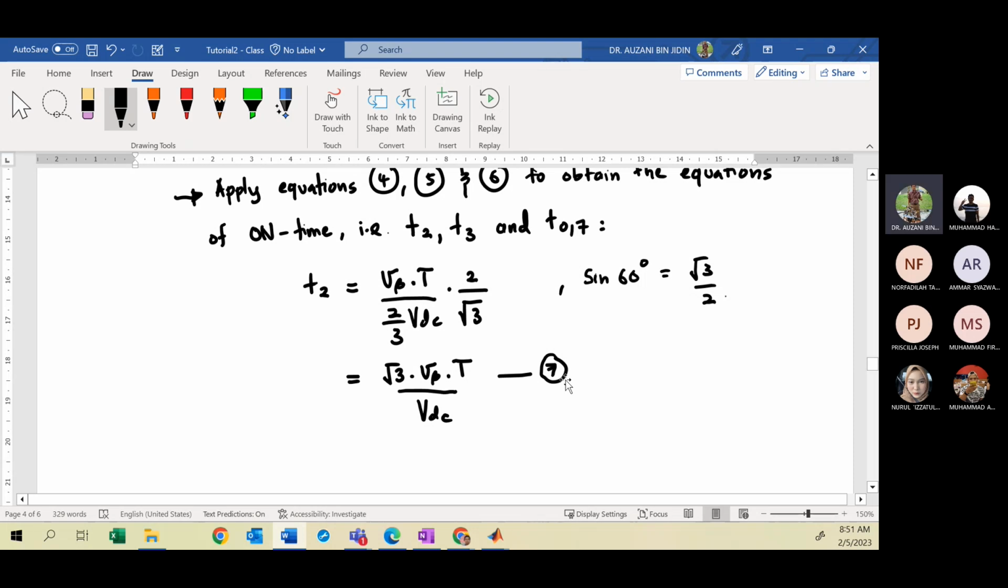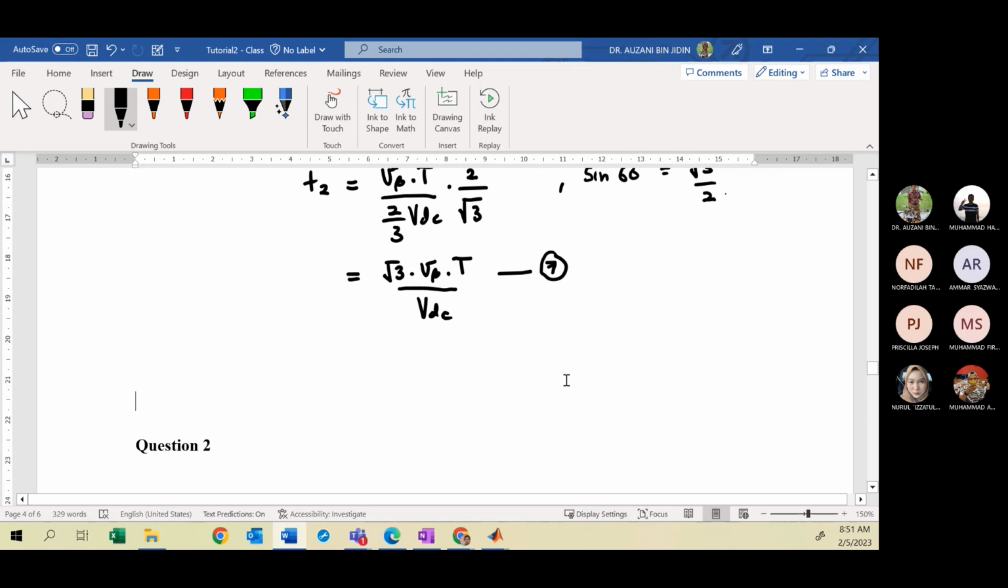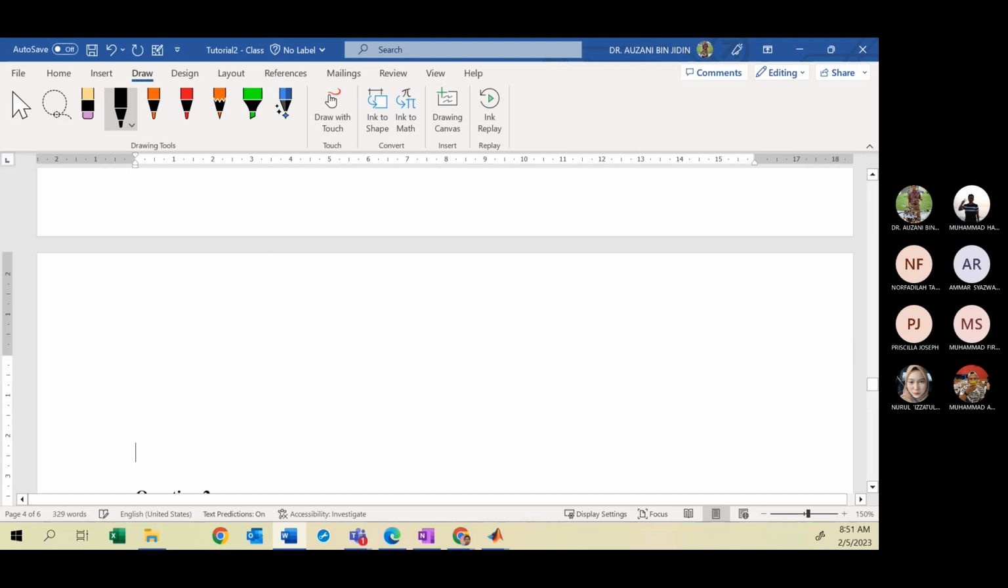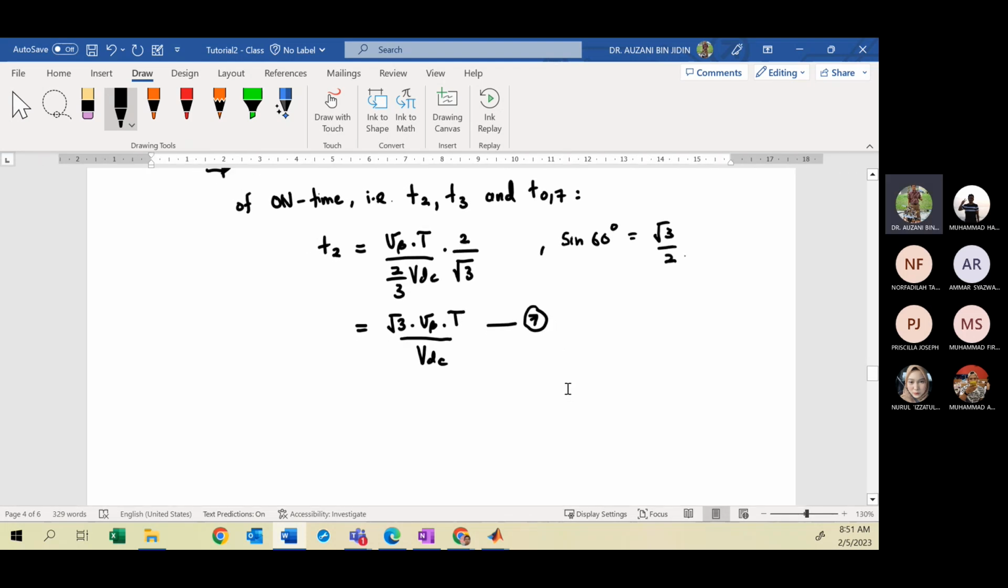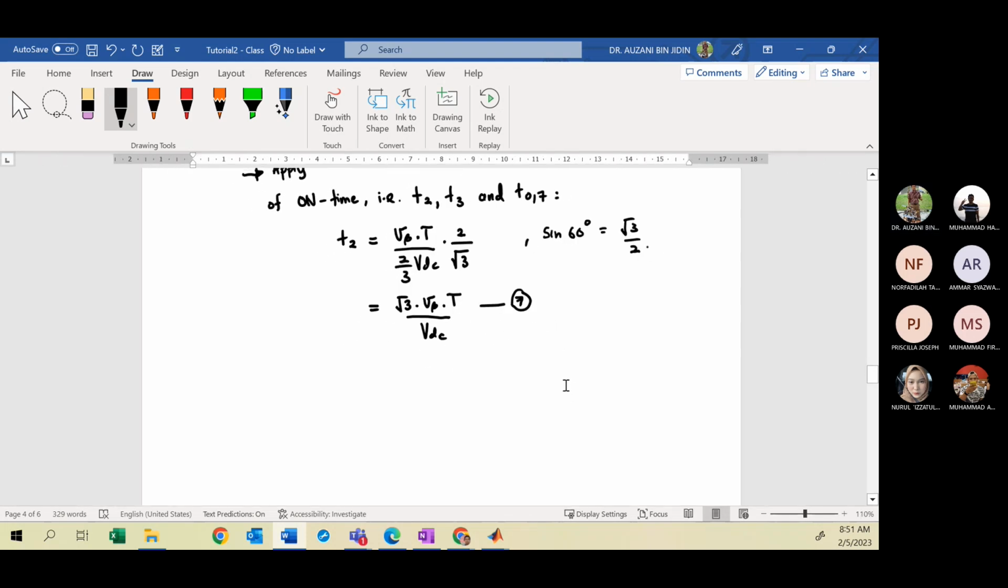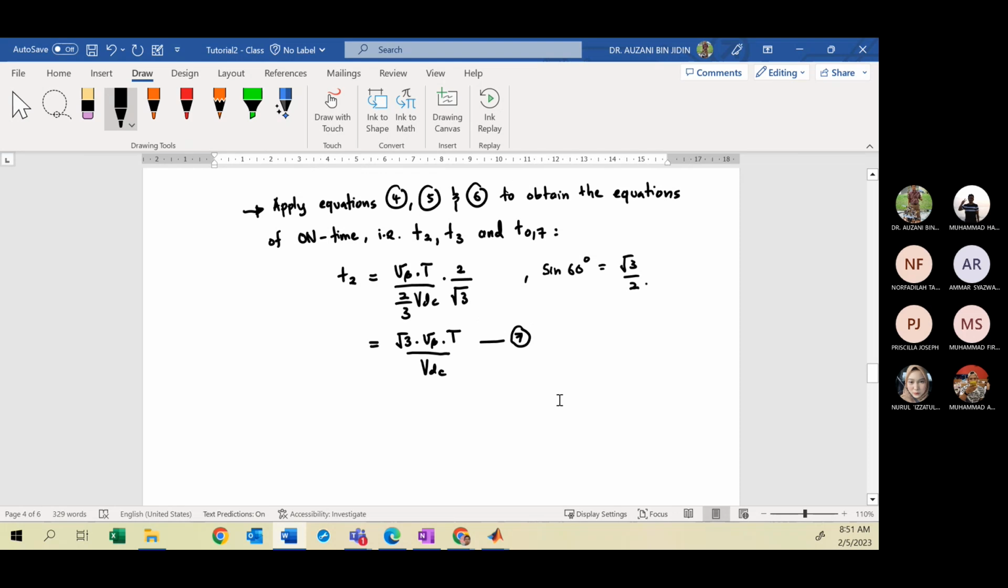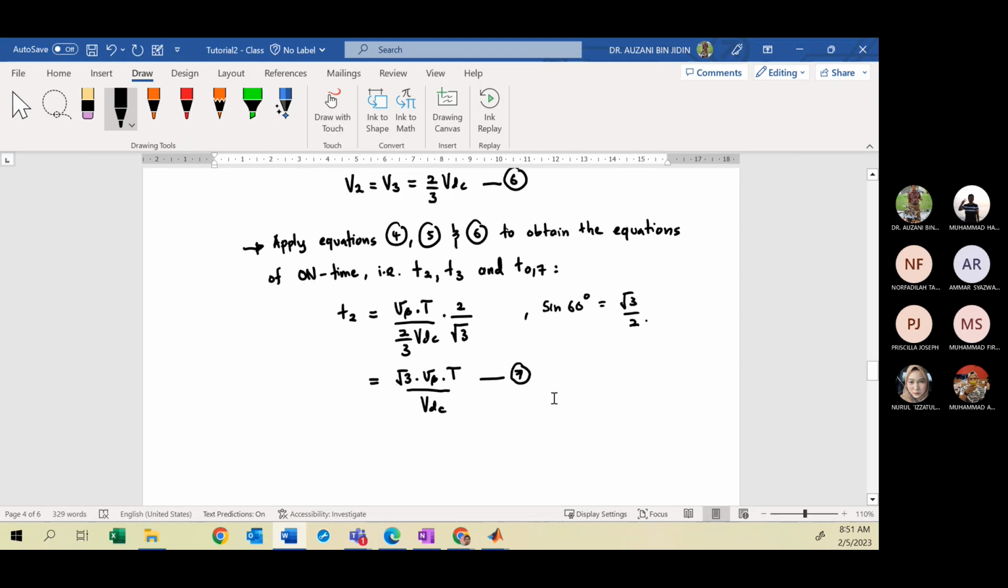Okay, this is for T2. Saya akan kecil sikit je. So for T3,